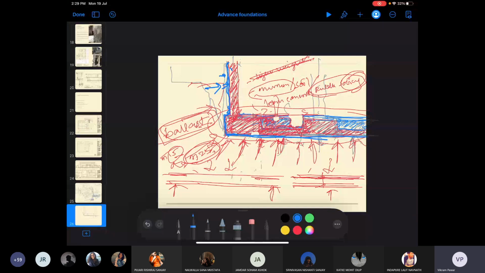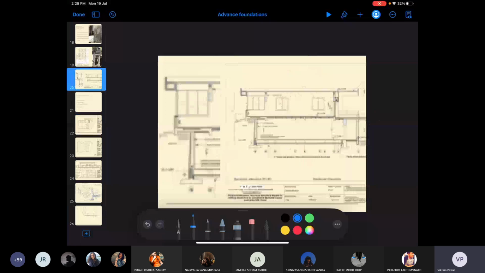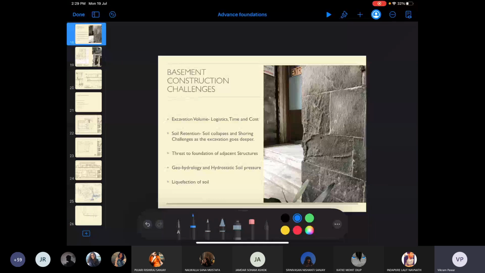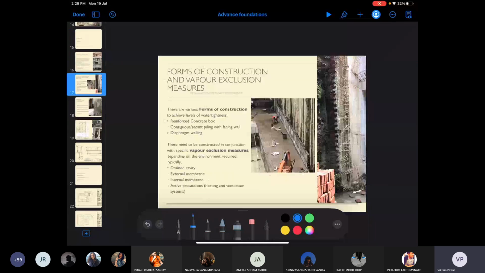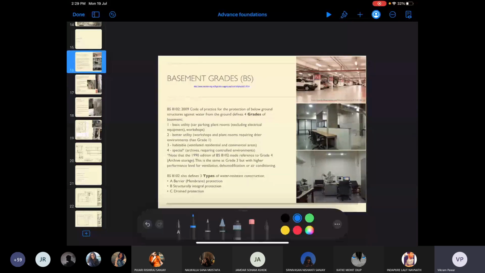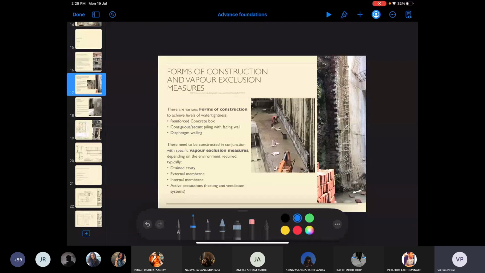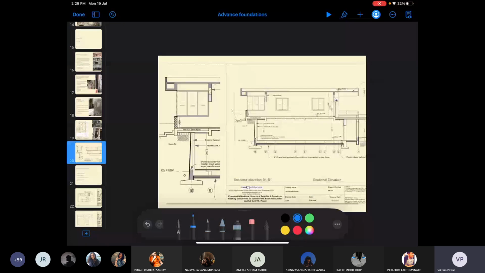Now, last time we studied what were the kinds of waterproofing, right? Yeah, what were the kinds of waterproofing? Did we study that?